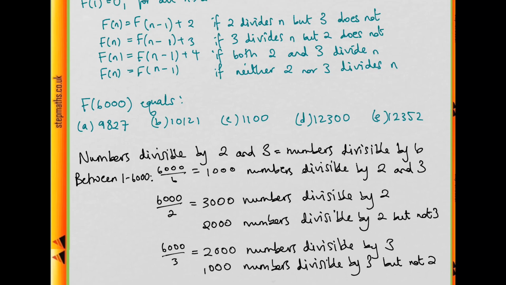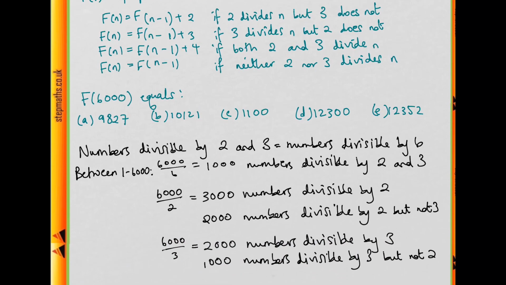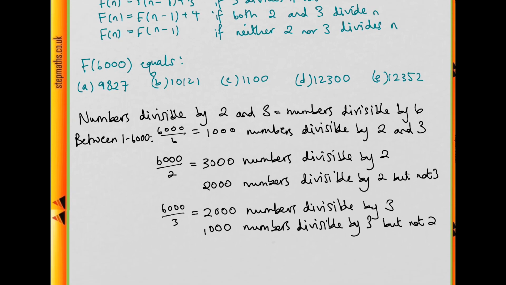And so we can see that we're going to need to use this first rule, divisible by 2 but not 3, so we're going to do that 2,000 times, and we have 1,000 n's between 1 and 6,000 which are divisible by 3 but not 2, so we're going to need this second rule 1,000 times, so we'll be adding on 3 1,000 times, and then we're going to be adding on 4 1,000 times too, because I have 1,000 numbers which are divisible by both 2 and 3. And for this last one, we don't need to add anything, so we don't really need to worry too much about that. So, all in all, we're going to have